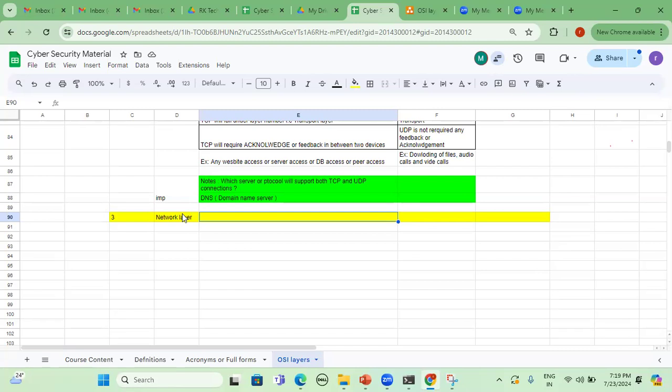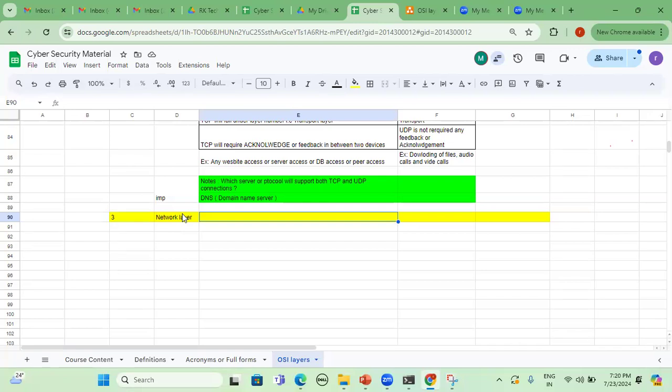The network layer is a very, very important layer along with the application layer, that is nothing but layer number 7. Why? Because most of the attacks will occur through the application layer or else the network layer only. Why? Because the internet will fall under the network layer, using a device called a router. Okay. So what is the importance, what is the description, and what is the device.